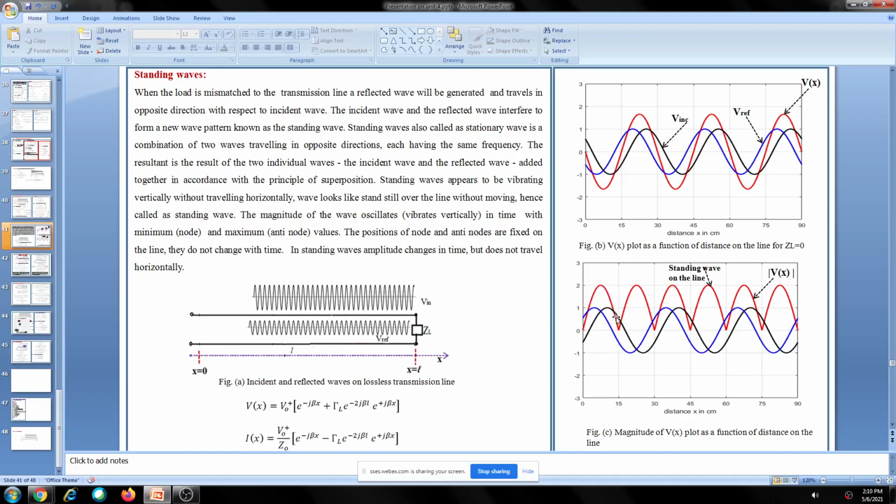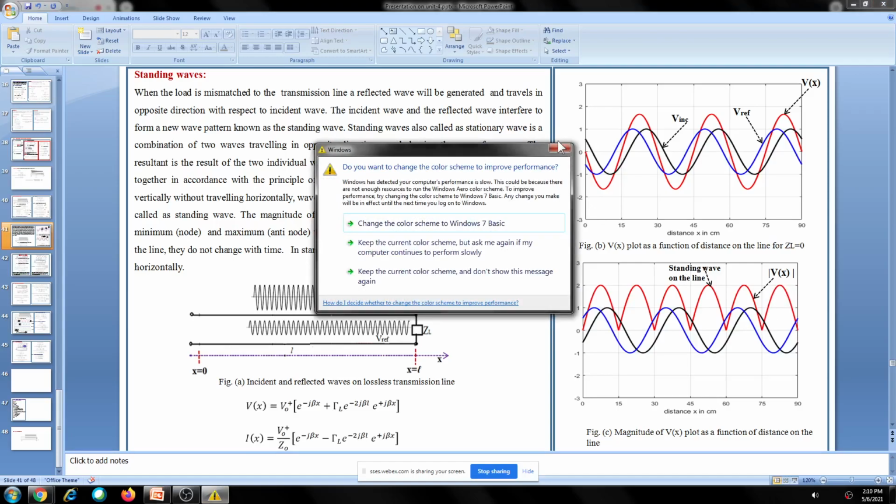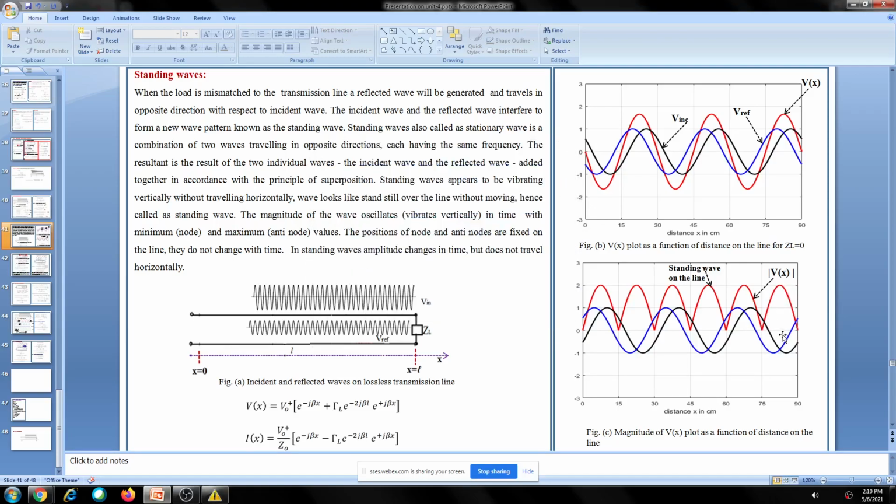So the voltage variation is like this if you take half wavelength. For example, if you take half wavelength, that means 15 centimeters, then from the load, if you move like this, the voltage is 0 here, because it is a short circuit, the voltage should be 0 at the load point. It increases, reaches a maximum here, and again decreases to 0. This type of variation you will observe if you take only 15 centimeters. Because for 90 centimeters, 3 cycles of variation are there over the line.